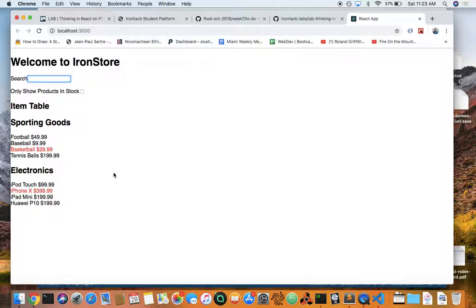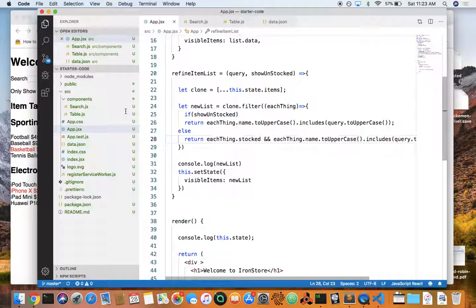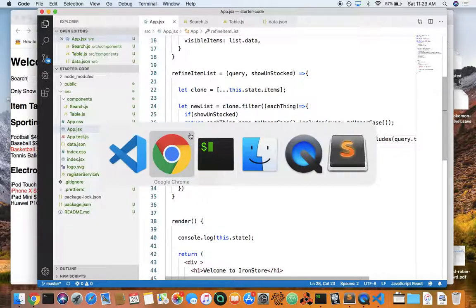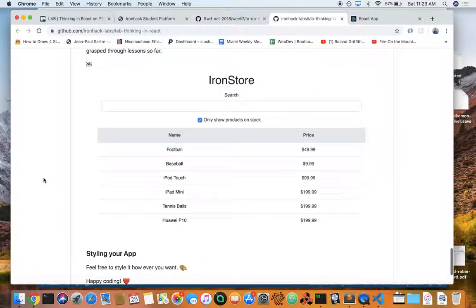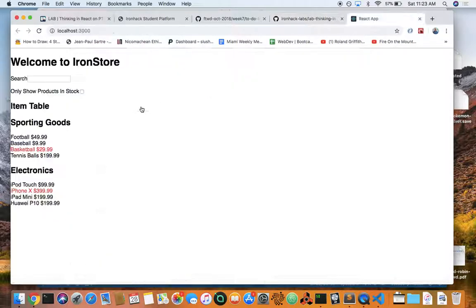Wow, amazing. Okay. I think that's it, right? That's it. Yeah, and well, you're supposed to make it look not like this. But in general, as a general rule of life, nothing should ever look like this. But it works. So let's